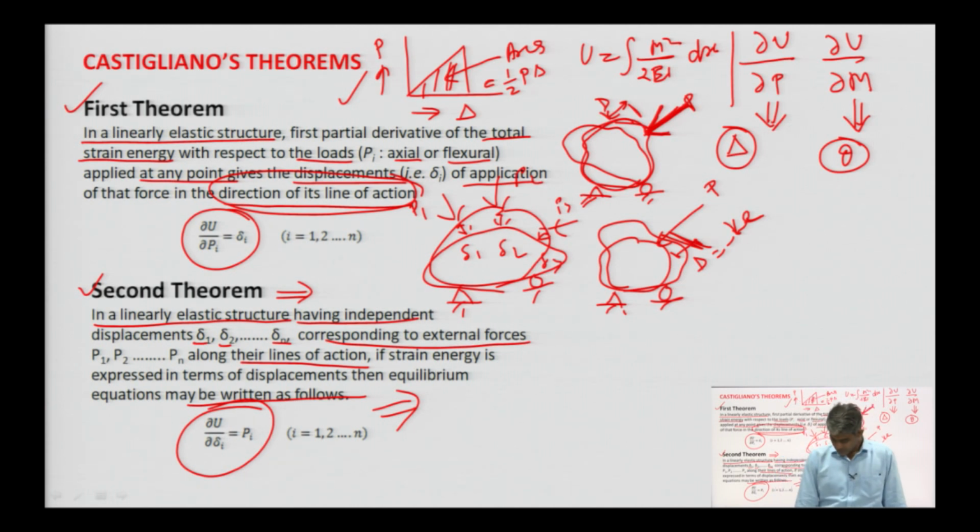You know very well what redundants are. Redundants are the extra members present in the structure apart from the members required to analyze the entire structure with the help of equilibrium equations only. So, the second theorem gives the additional compatibility equations. We will use this theorem in Structural Analysis Part 2, for indeterminate structures.